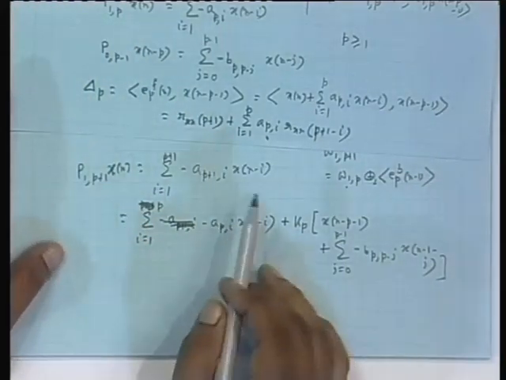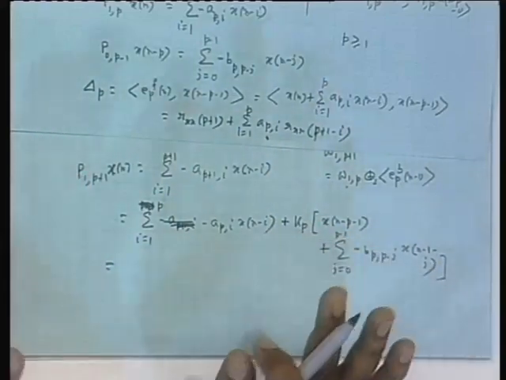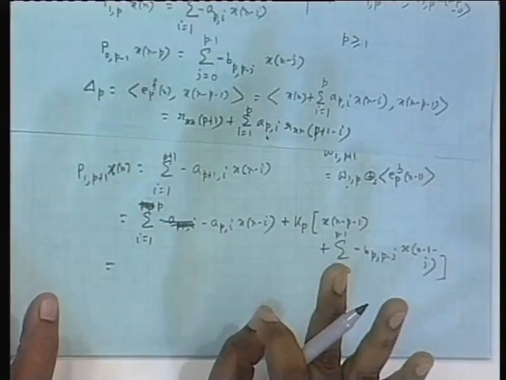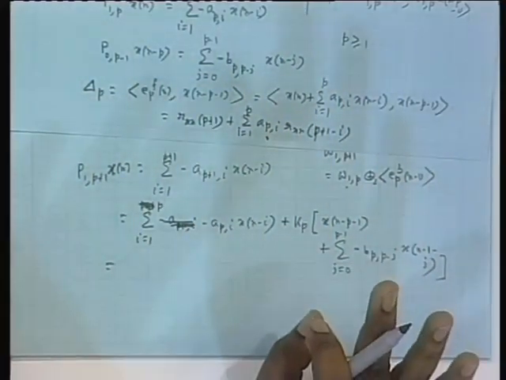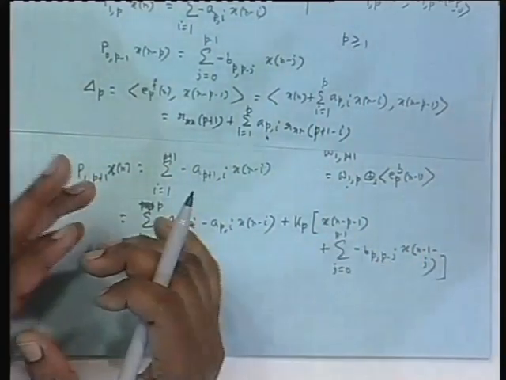Okay. So, now if you want, I can do it elaborately: find out x n minus 1 from both sides, equate the coefficients, find out x n minus 2 that way, but maybe we can do it in a compact way. Because this does nothing but rewriting terms. There is nothing conceptual here, just some notational jugglery and nothing else. The philosophy I have told you: I will be equating the same terms from both sides and matching the coefficients. x n minus 1 from the left hand side, x n minus 1 from the right hand side, what are the coefficients? Equate them. Same for x n minus 2, same for x n minus 3, like that.